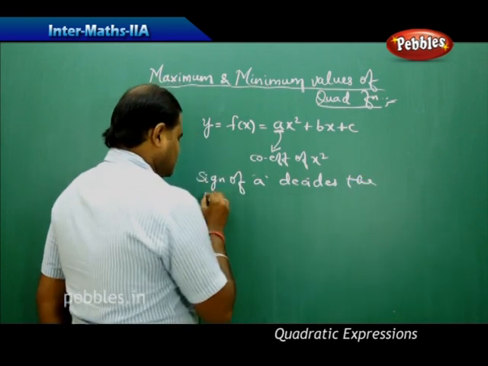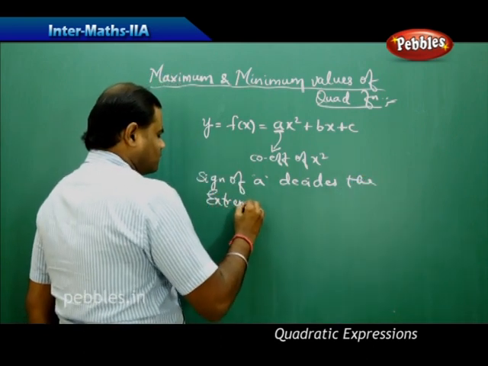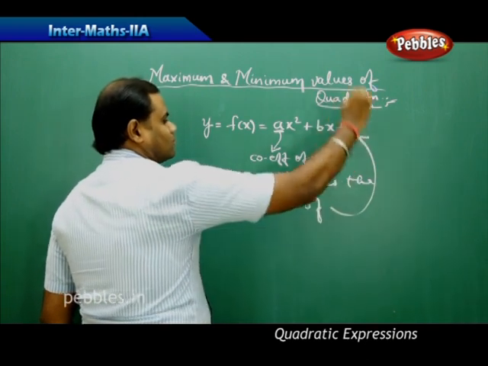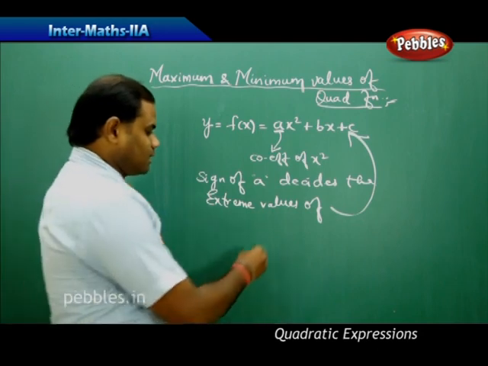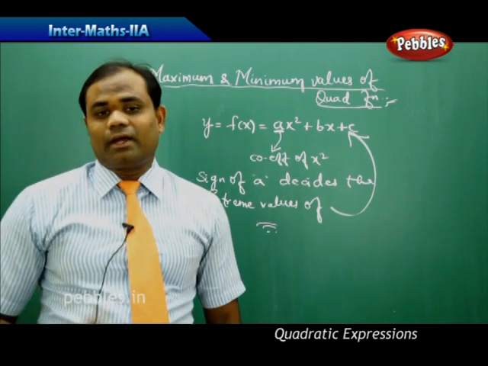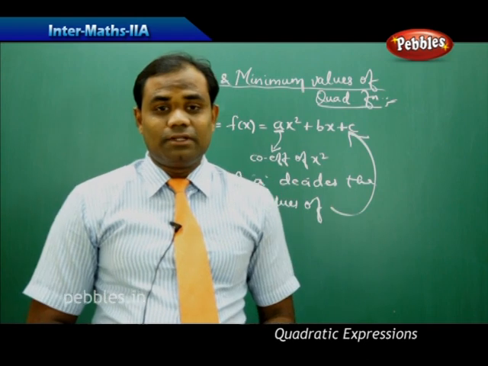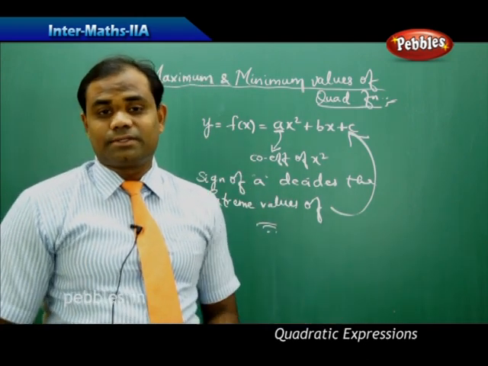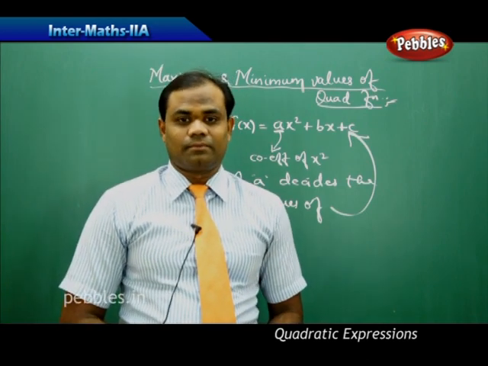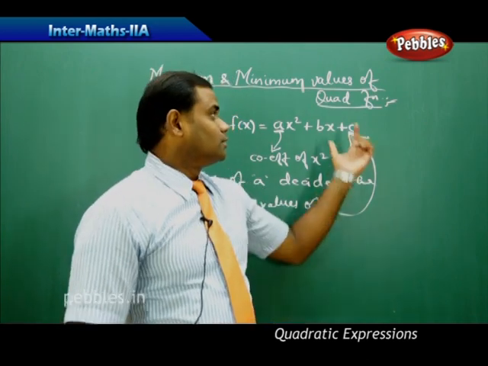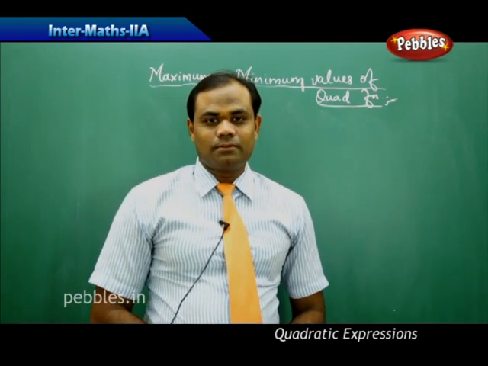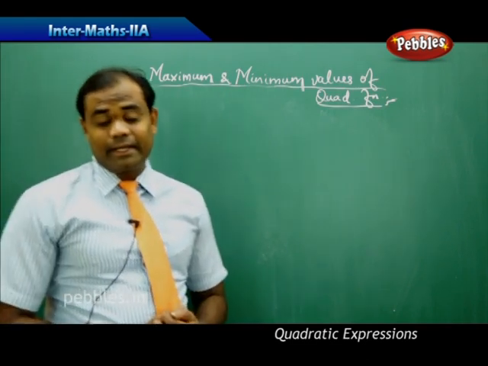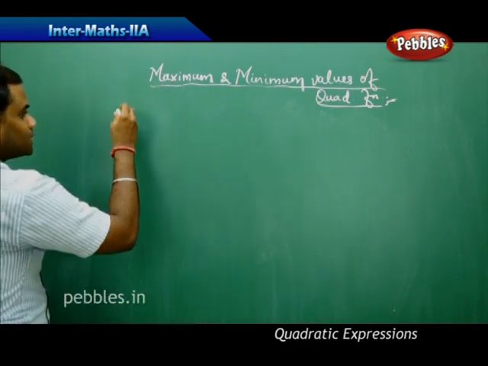The sign of a decides the extreme values of the quadratic function, is how we understand the relation between the sign of a and the quadratic function. So let's see through the supporting theorem how the sign of a is related to the extreme values of the quadratic function, the max and min of the given quadratic function. So let's see the statement of the theorem supporting the sign of a and the extreme values. The theorem states that